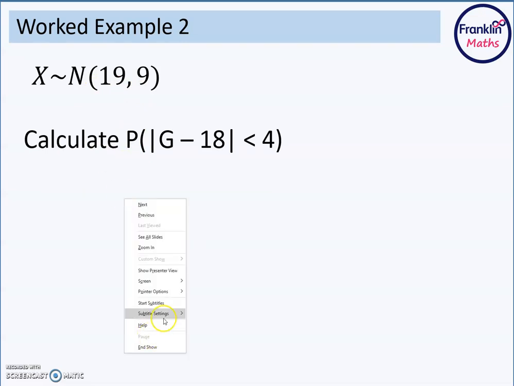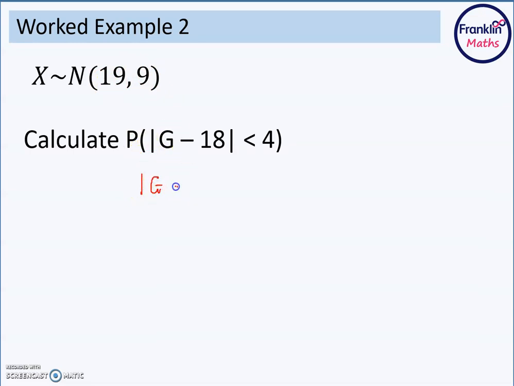Again, we've got the distribution written down. You can approach this again with your calculator, but remember this is pure work coming back in. So |g - 18|. Remember, if it's a less than, you get a connected inequality because it's all about distance. So this is g minus 18 is between 4 and minus 4. Remember, if it was a greater than, I get 2 separate inequalities. Again, that is all covered in the modulus part of the course. So this time, g is between, add 18 to both sides, 14 and 22,